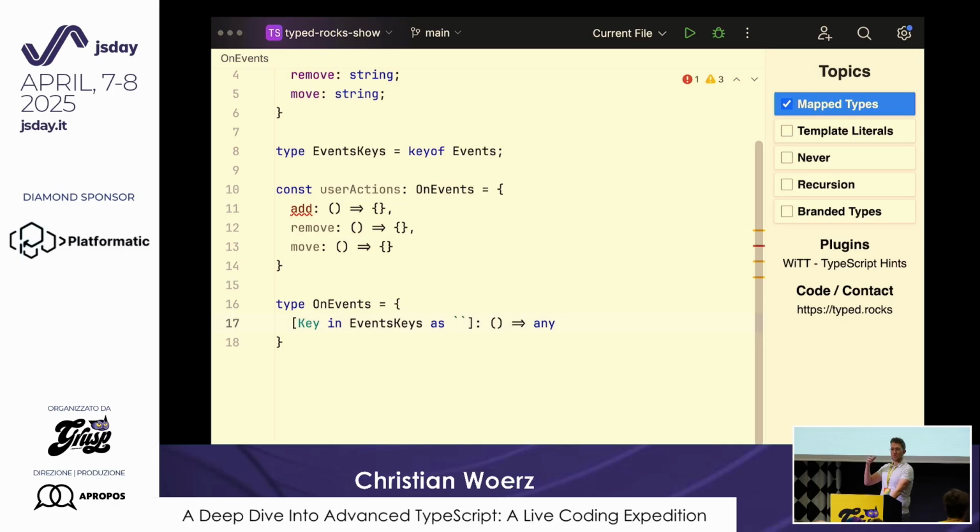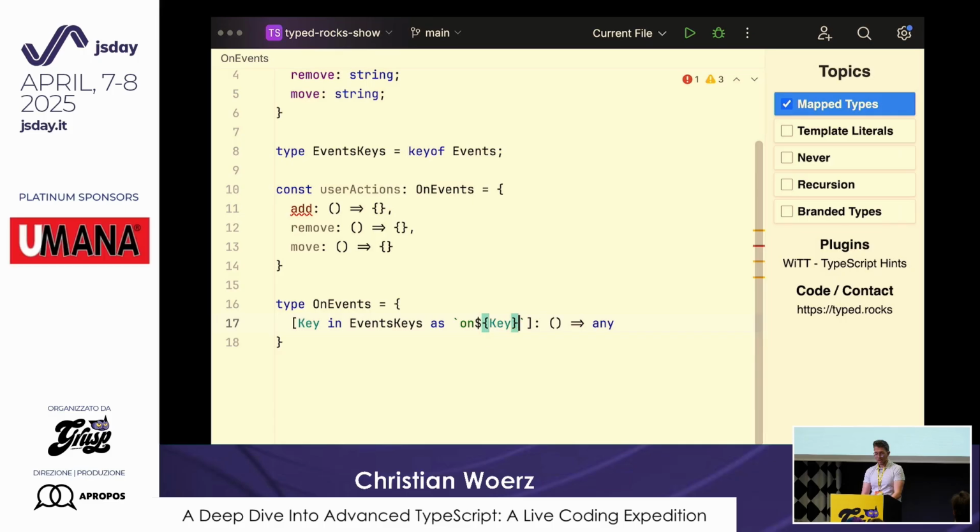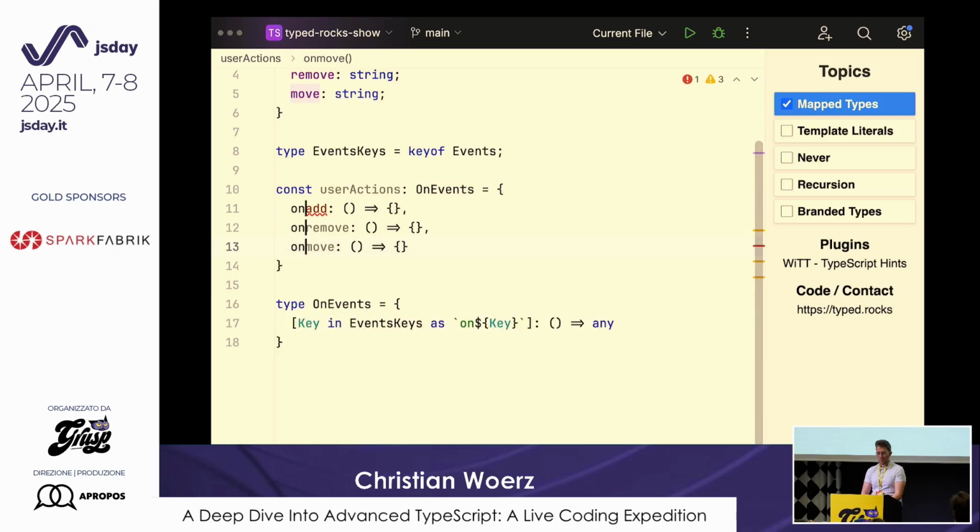They work like in JavaScript or in normal TypeScript code. So in there we say we want to have a prefix of "on", and then we just pass our key with our curly braces and the dollar sign. And now the TypeScript compiler understands that we need to prefix everything with an "on" prefix, otherwise it will not compile. Now the last thing we need to do is capitalize the first letter of our events